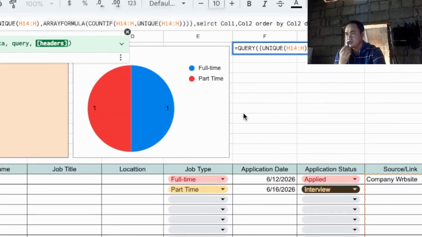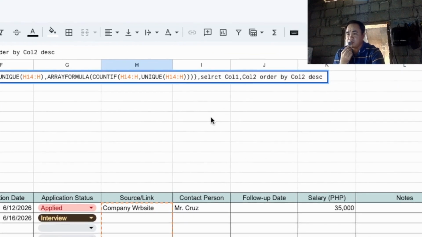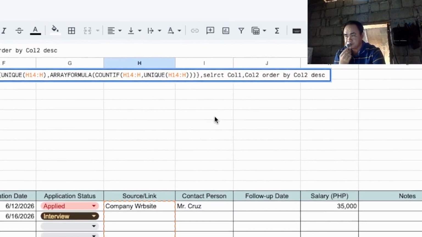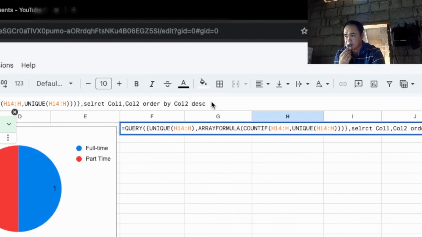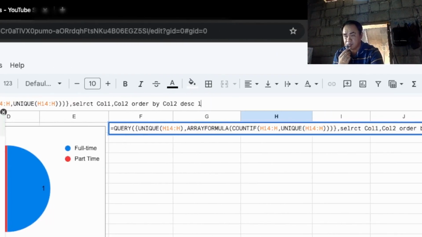So let's go back, and then descending, and we're going to limit that to 5. This limit 5, and then close, and then comma, and then 0, and then close finally, and then close the function.